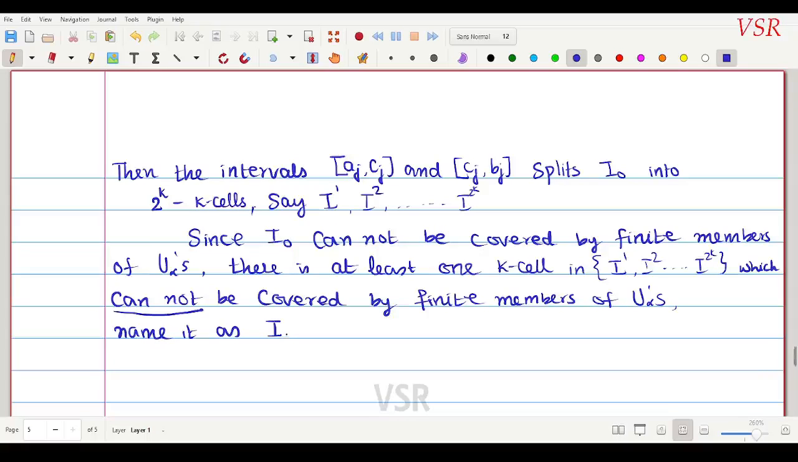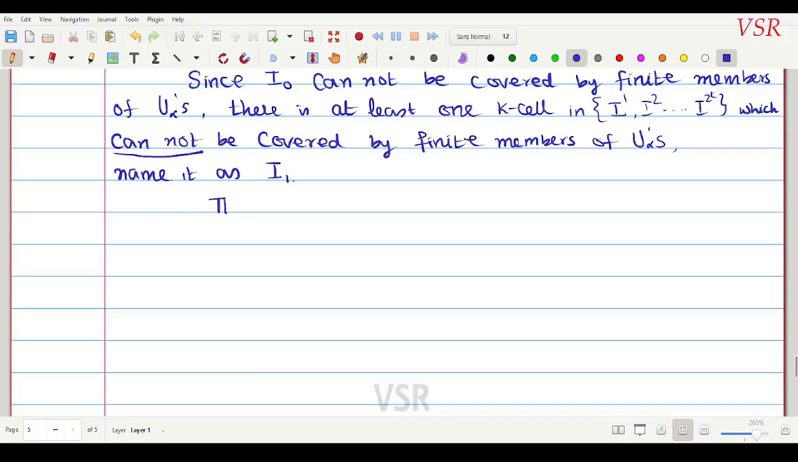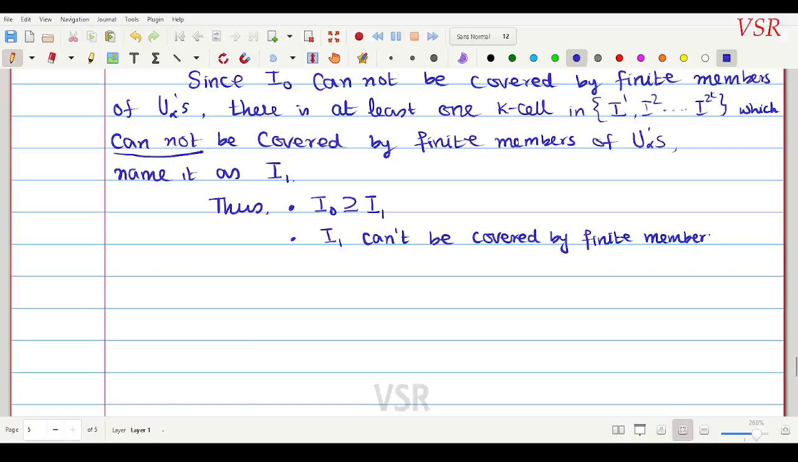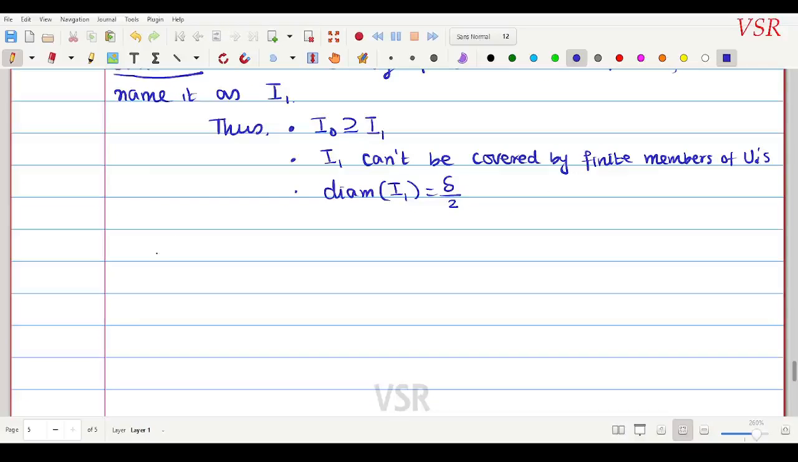Name it I1. Thus, what we have now is: first point, I1 is contained in I naught. Second point, this I1 cannot be covered by finite members of U alphas. And number 2, the diameter of this I1 is equal to delta by 2, just as we said in the picture, the diameter is halved to delta by 2. So by repeating the process